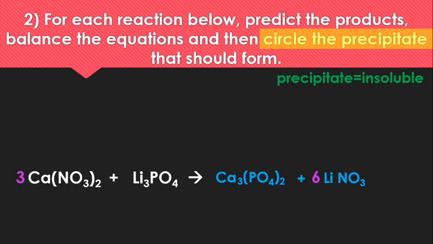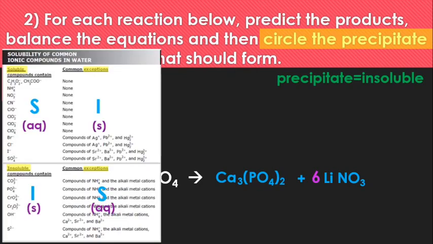Next thing I see is lithium. There's 3 on the reactant side and 6 on the product side, so I put a 2 here, and then everything is balanced. So, predicted product, balanced equation, and now I need to circle the precipitate. So, going back to my formula sheet, my equation sheet, I'm going to start with this first thing, calcium phosphate. Phosphate is here. Looks like that's my insoluble thing, and calcium is not an exception, so that looks like my